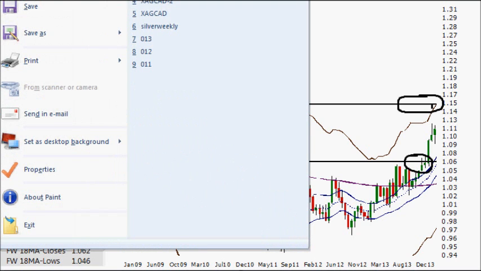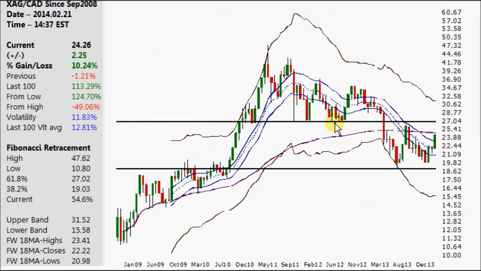And let's finish this off with silver in Canadian dollars, going back to the same time period, 24.26. And within this, we can look at this high. The high in the United States dollar was 49.81. I don't know what the exact level was, but it's very close to this, 47.62. All I did was take the exchange rate that day for Canada from the 49.81 high, and it turned out to 47.62. And this low, which in the United States was 8.46,